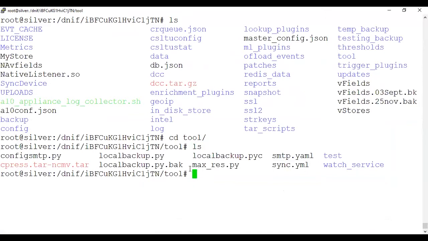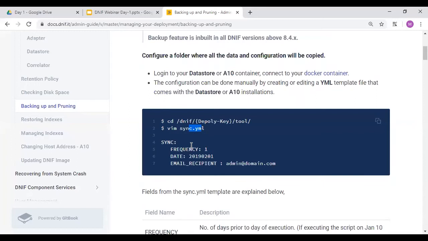In this you want to start taking a backup of your data. If you open this particular file, you give the frequency, meaning after one day start taking the backup, and you provide the date, or you can provide a specific date. I want a retention period of 1 month. Today is 22 of June, so I want to take a backup of 1 month, from 22 May to 22 June.